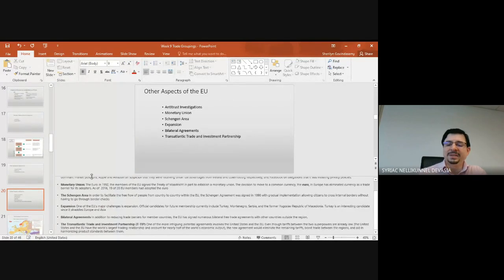Then we also need to look at the Transatlantic Trade and Investment Partnership. It is called the TTIP, Transatlantic Trade and Investment Partnership. So what happens here? This agreement involves the United States and the European Union. The tariff between the European Union and the US is very low as of now, but the relationships